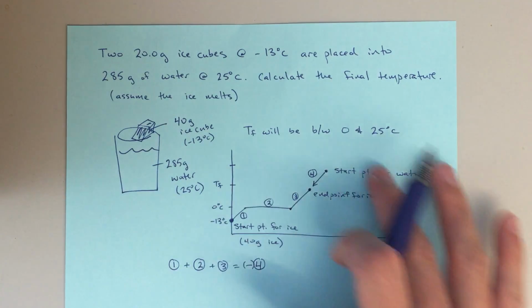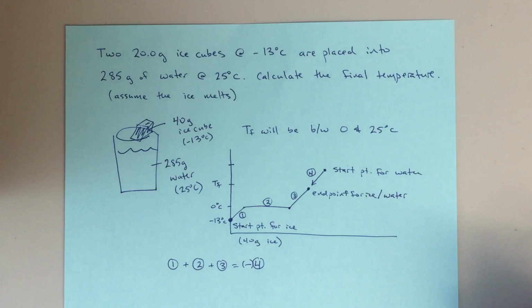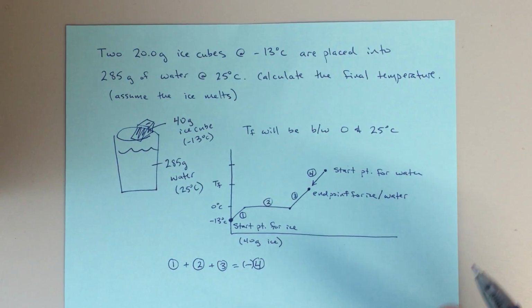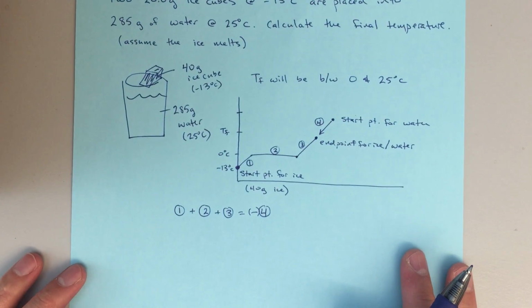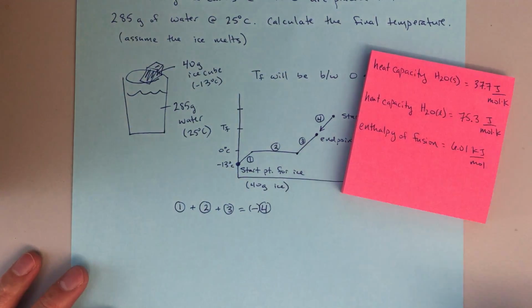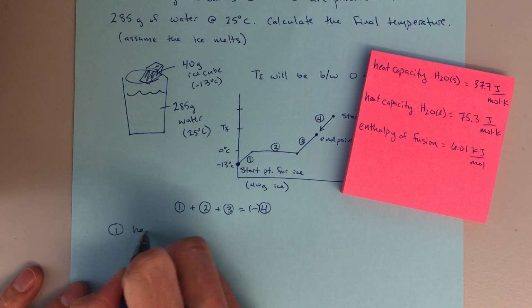But drawing this picture properly and understanding how we're getting to this equation, that's really the hardest part of this problem, I would say. So let's start filling this information in. Over here, I wrote down the heat capacity information. So for step 1, this is heating